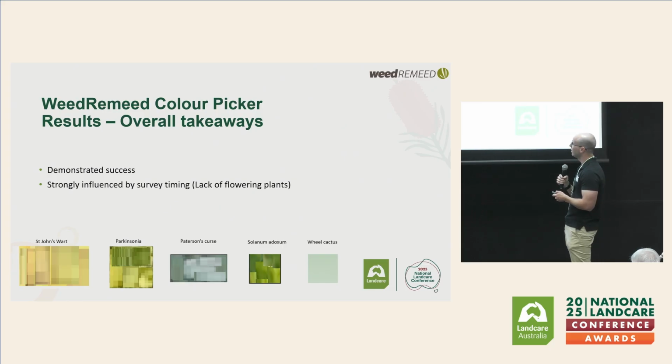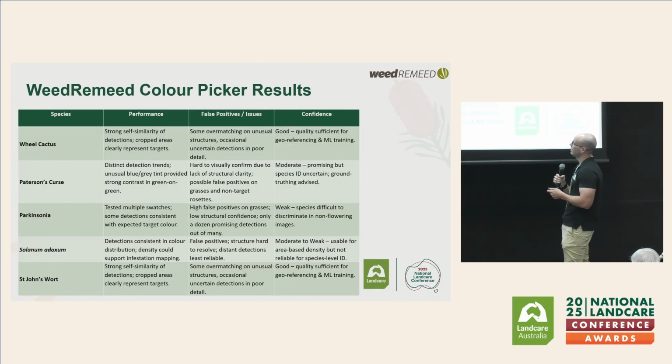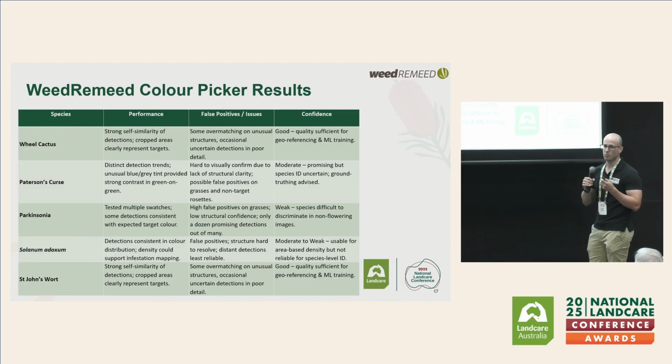Paterson's Curse did have some success with it, but once again, having a purple flower would have really helped to identify the individual species, which is where the issues became, identifying the individual species with the colour swatch system. So the Solanum adoxum, an issue with that, once again, was that colour background. It was very swarmed, so it didn't